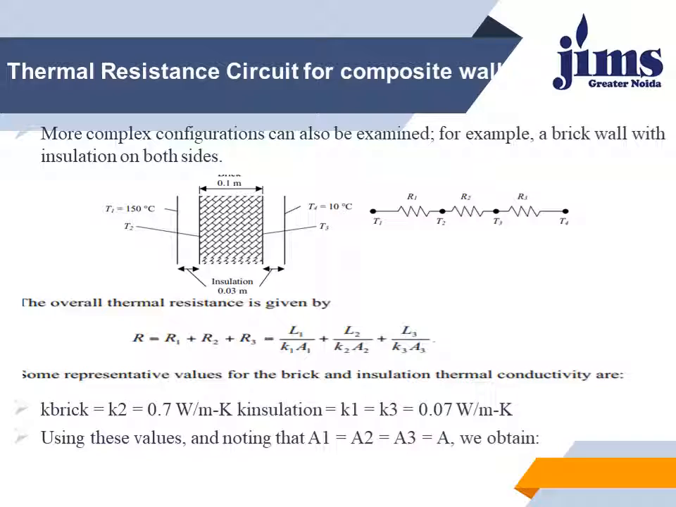So the thermal conductivity of the brick material, K2, is 0.7 watt per meter Kelvin. The thermal conductivity of the insulation layers, K1 and K3, is equal to 0.07 watt per meter Kelvin, and the areas A1, A2, A3 are equal to A. In that case